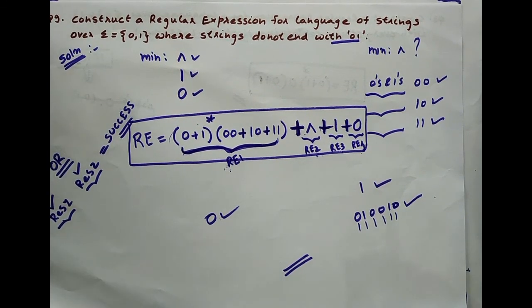So that is it for today's lecture. In the next lecture, we are going to see the Chomsky hierarchy, and we are going to see what are the different categories of formal languages as defined by Noam Chomsky.